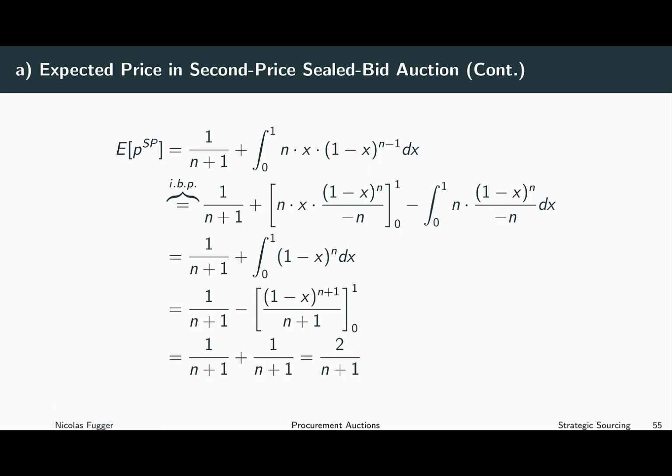And now, finally, we plug in the upper and the lower limit. What we get is when we plug in the upper limit, this expression is 0, so it cancels out. If we plug in the lower limit of 0, then this is 1, so we get 1 divided by n plus 1, and have 1 divided by n plus 1 plus 1 divided by n plus 1 is equal to 2 divided by n plus 1, meaning the second